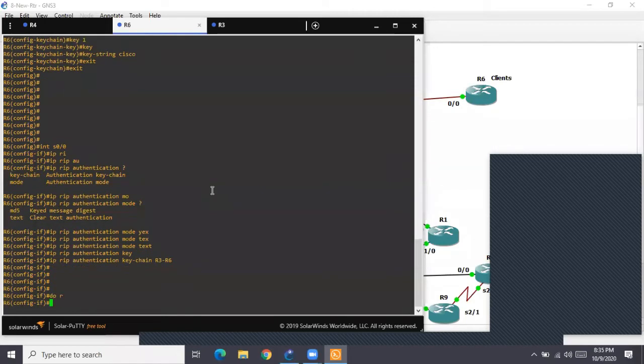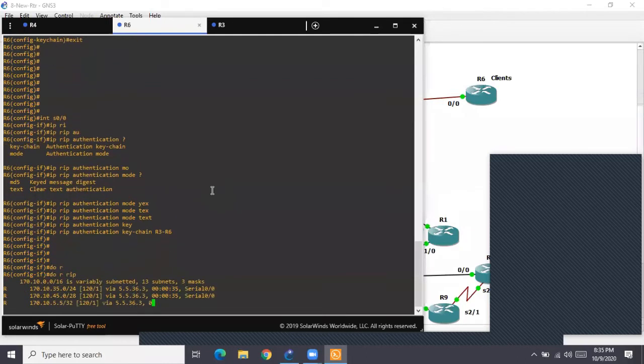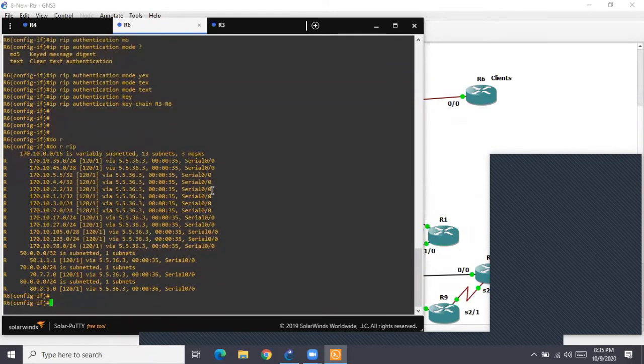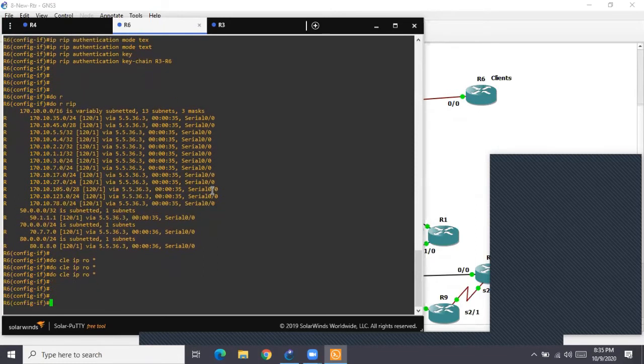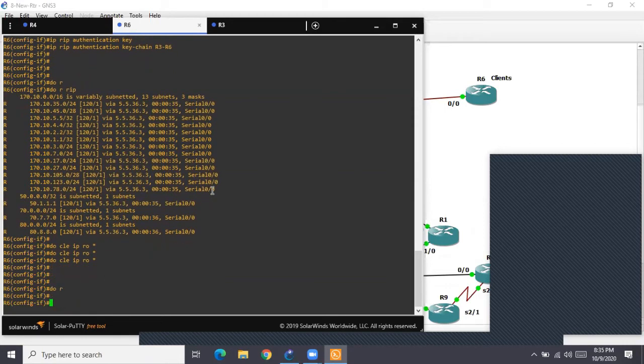Last time, if you see on R6, do show ip route rip. It had so many routes previously. Now if I do clear ip route *, what happens? Now R6 has been enabled for authentication.